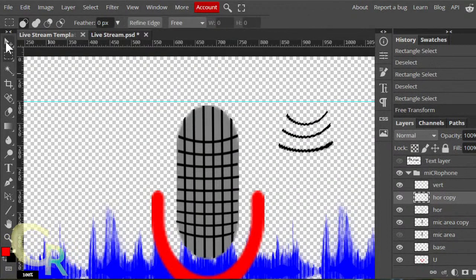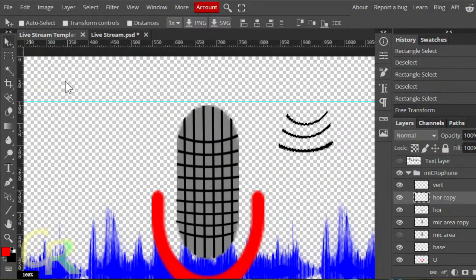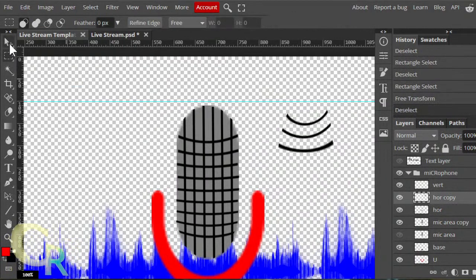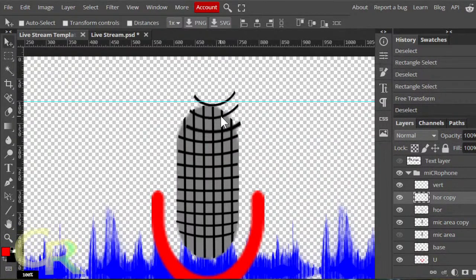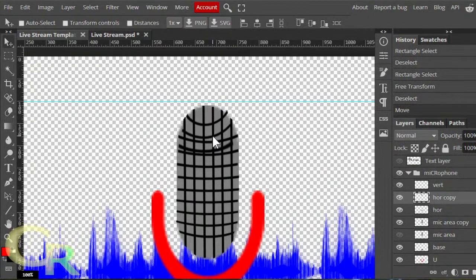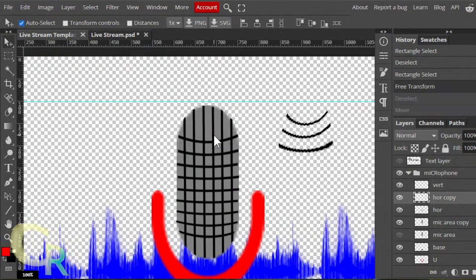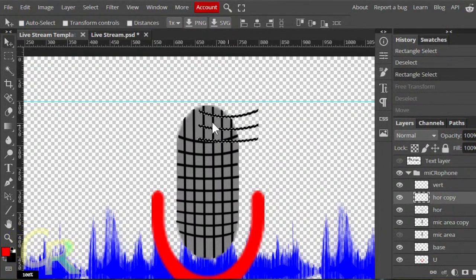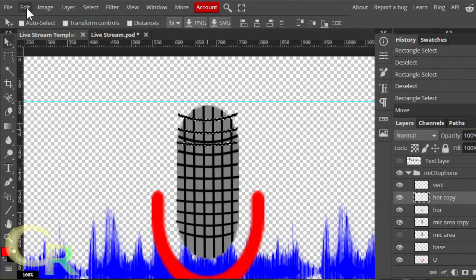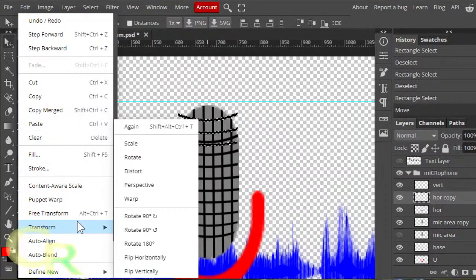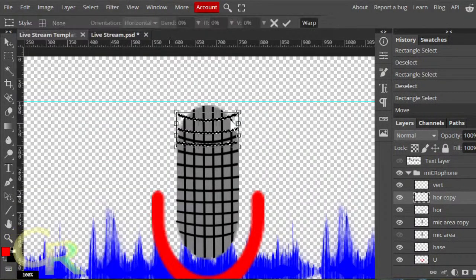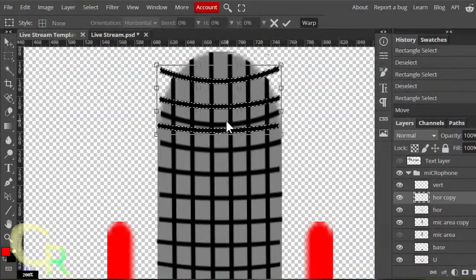Let's see if this will work. Should be able to warp it right there. Then we submit.